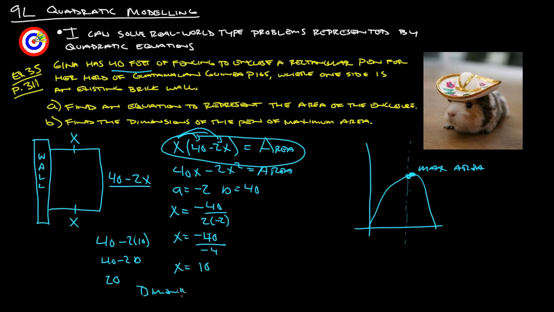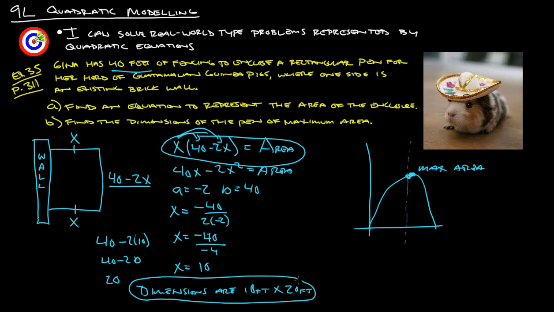So the dimensions, sorry, that's terrible handwriting, are 10 feet by 20 feet. Again, that's a 10. So the dimensions that make the biggest area for her Guatemalan guinea pigs